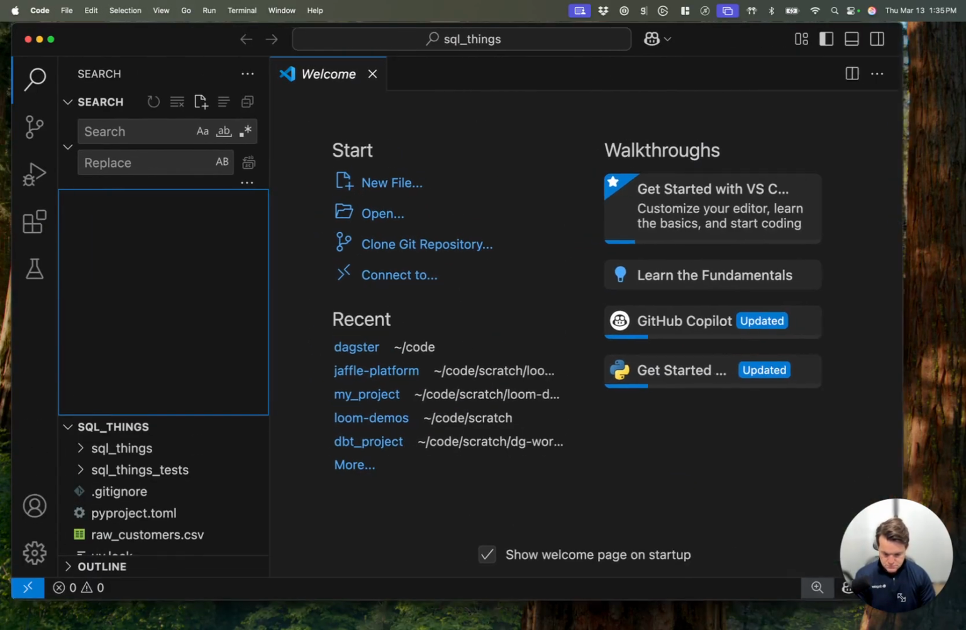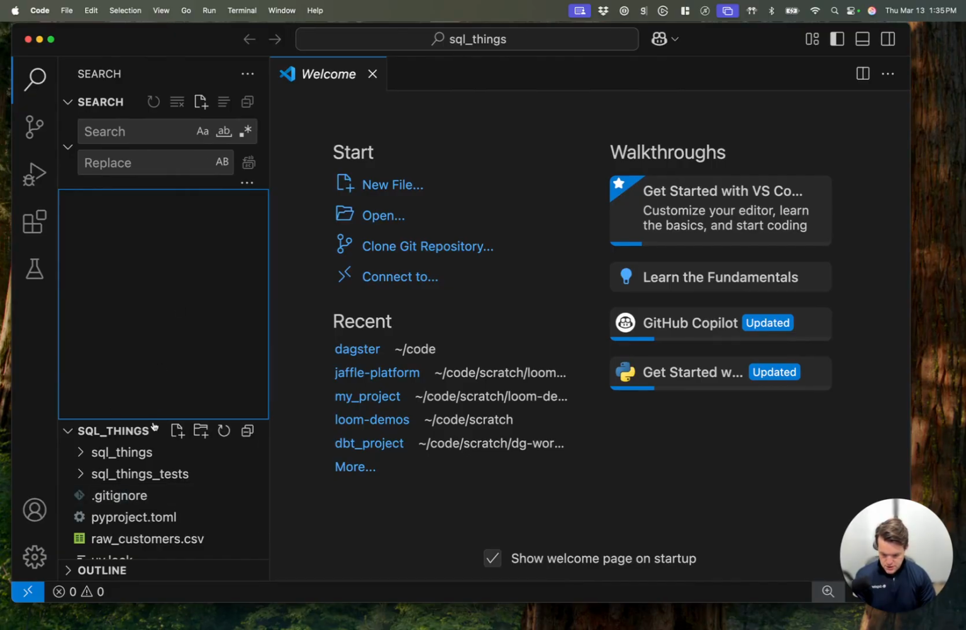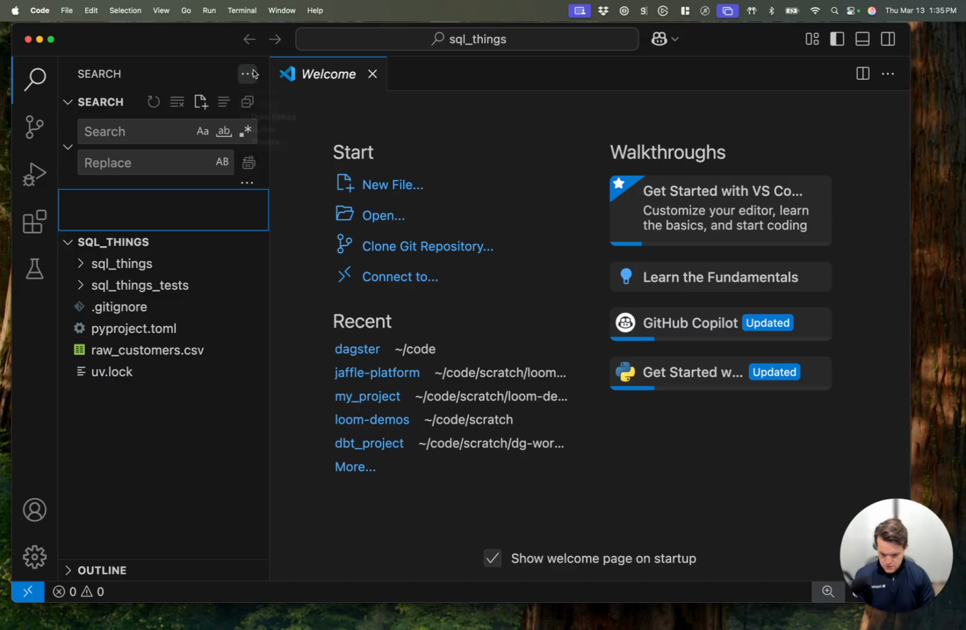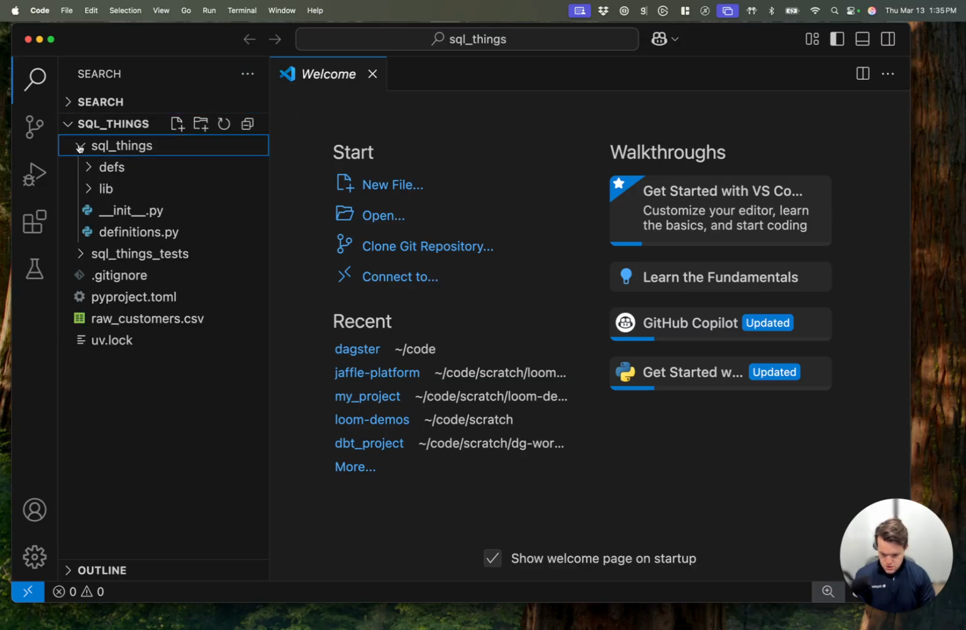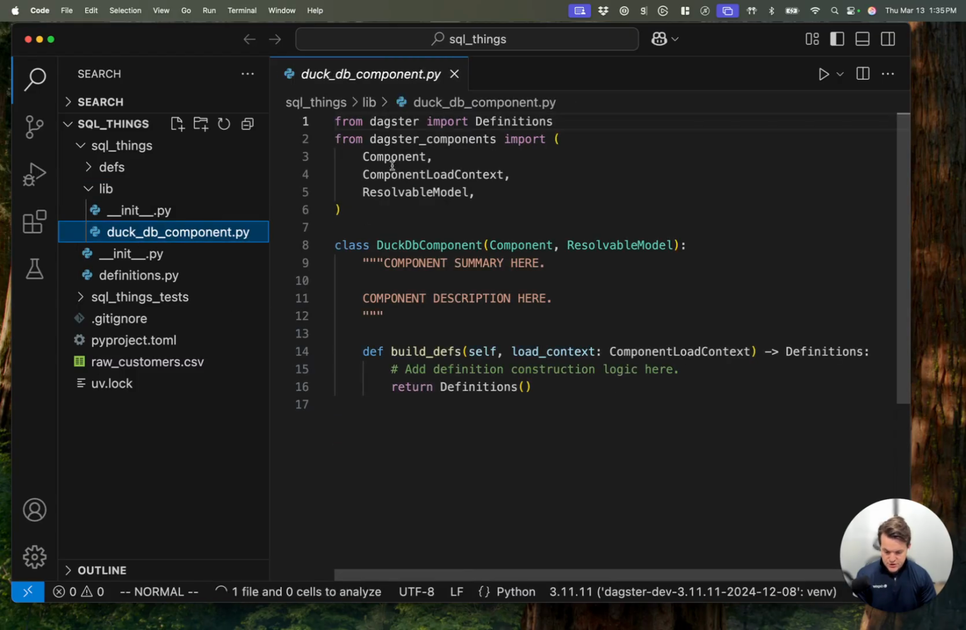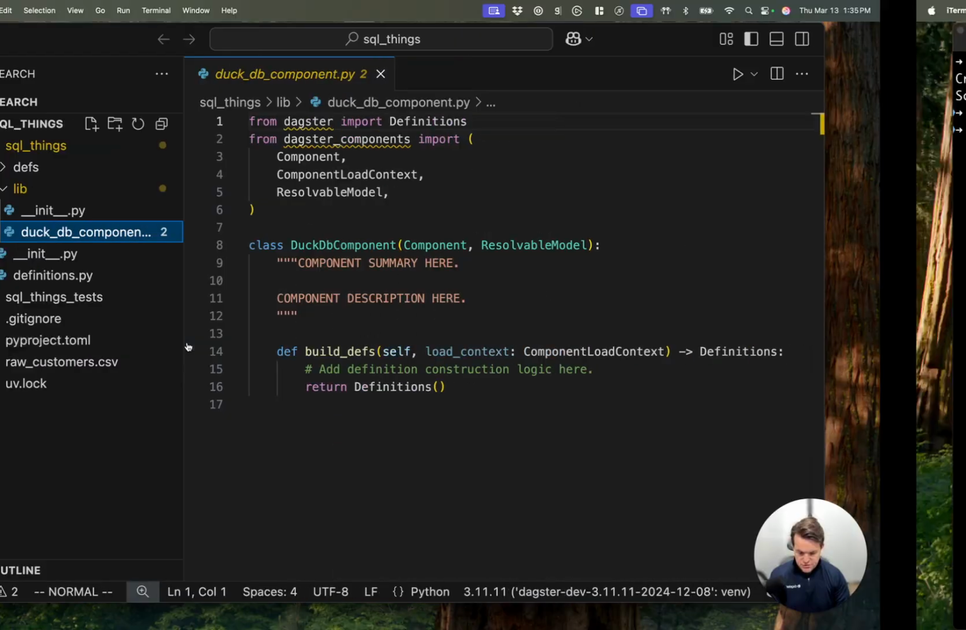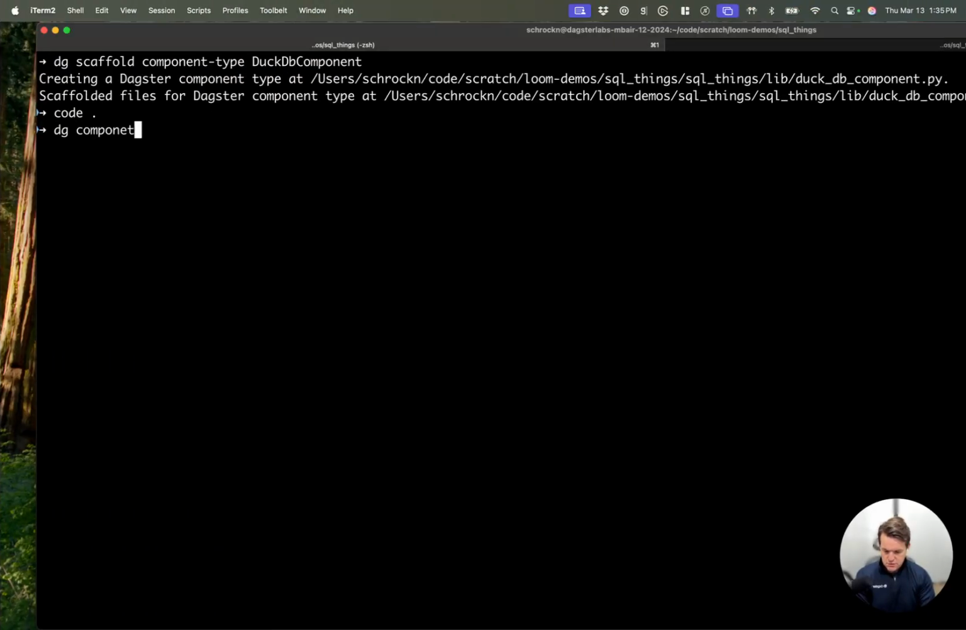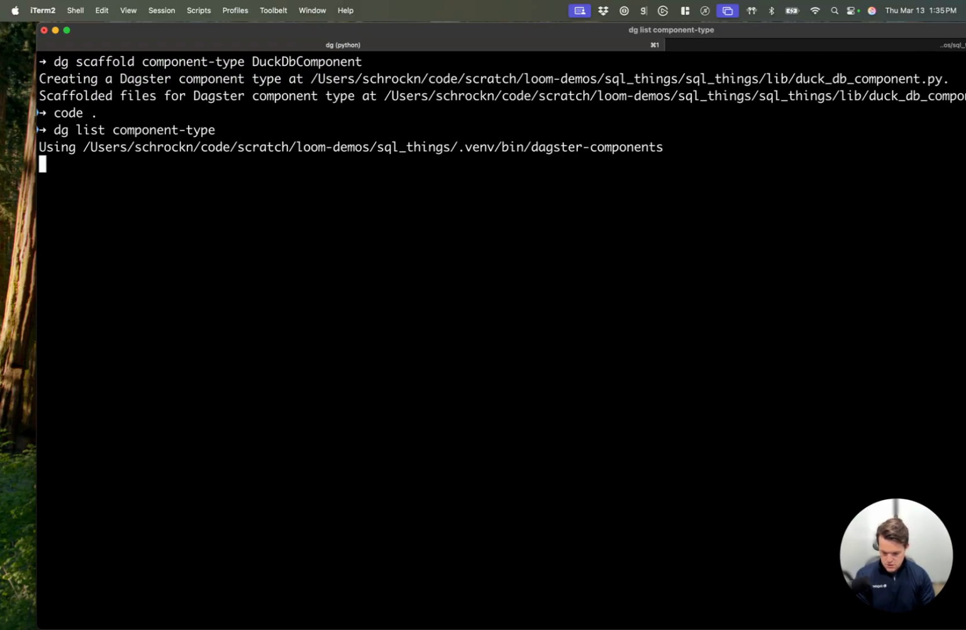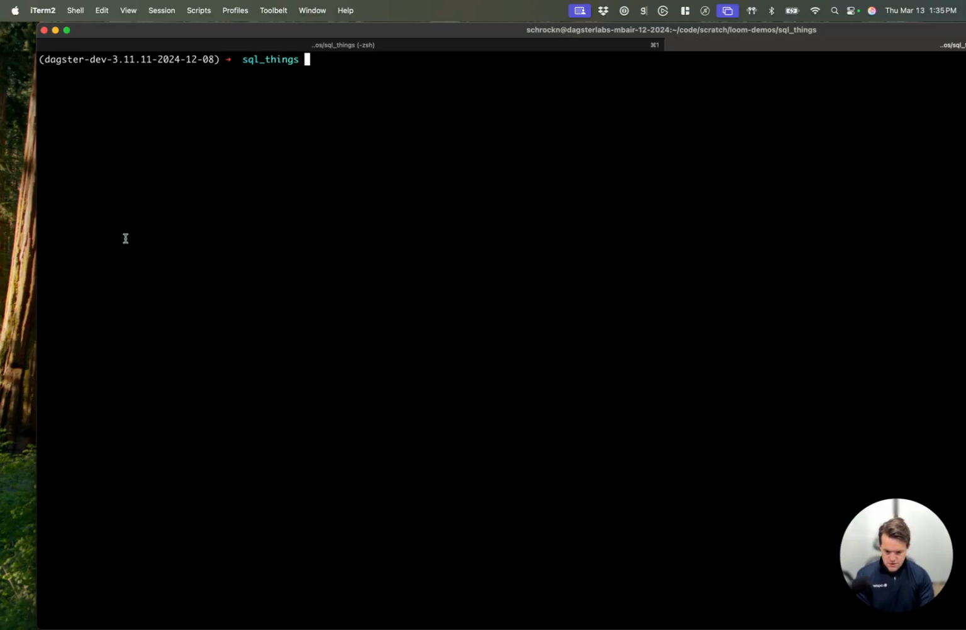Okay. So if we open up SQL Things here in VS Code, pardon me, we haven't really touched lib in all these demos, but now there is something in there. It's this DuckDB component lib, okay? So the moment that we do that, we had that component type list. Oh, list component type, pardon me. And it's there, and then also